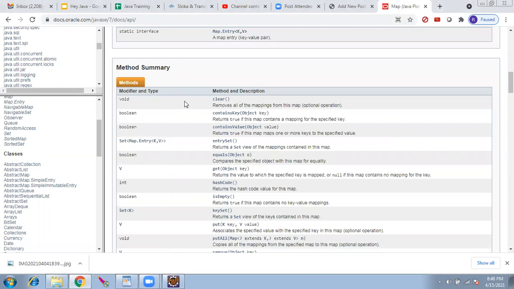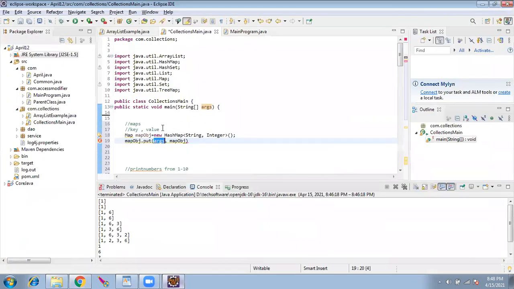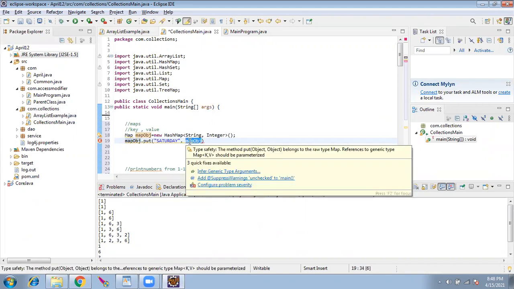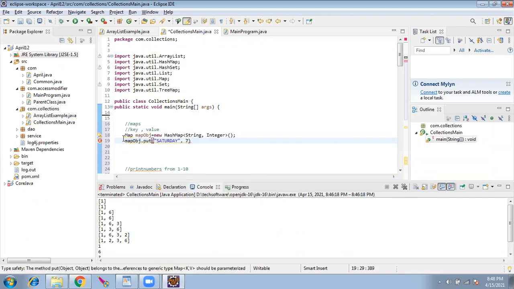So map has, you can see here, put. There is a method: associate the specified value with the specified key in the map. So I'll put here Saturday. First is string, so I have to write Saturday, and Saturday is the 7th day of the week.